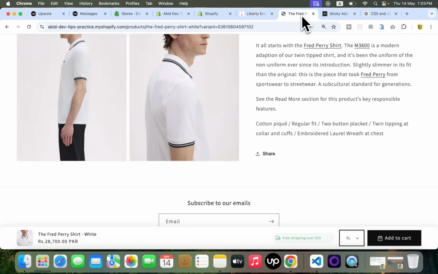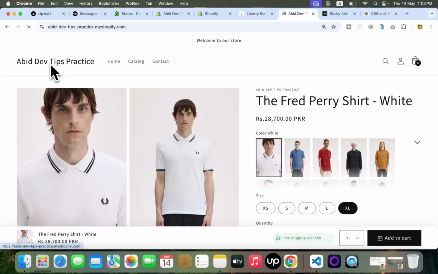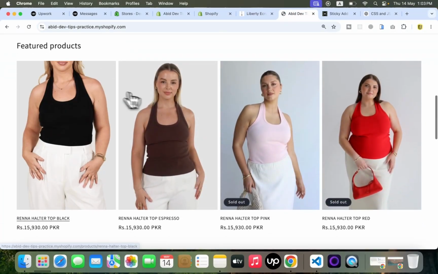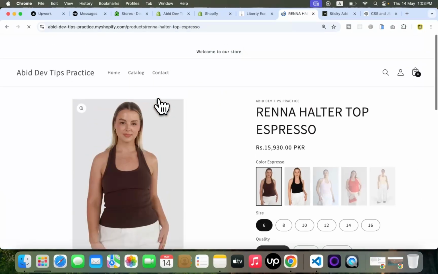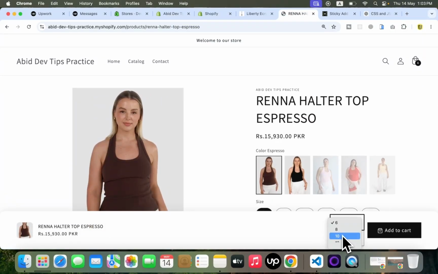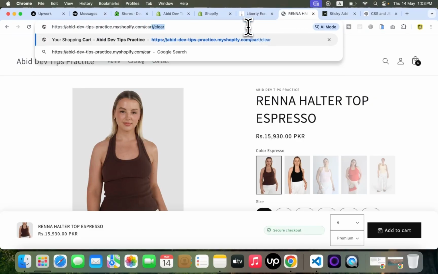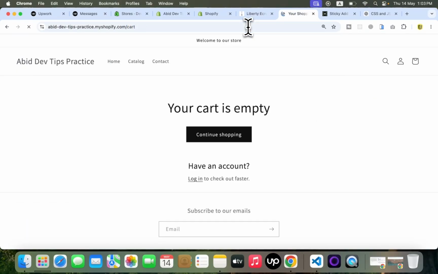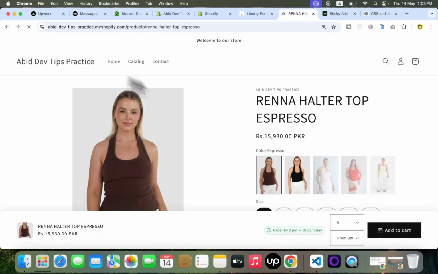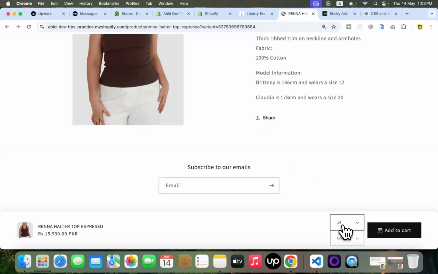For example, click on this product. Let me clear my cart, slash clear. So let me add 14 and good, add to cart.